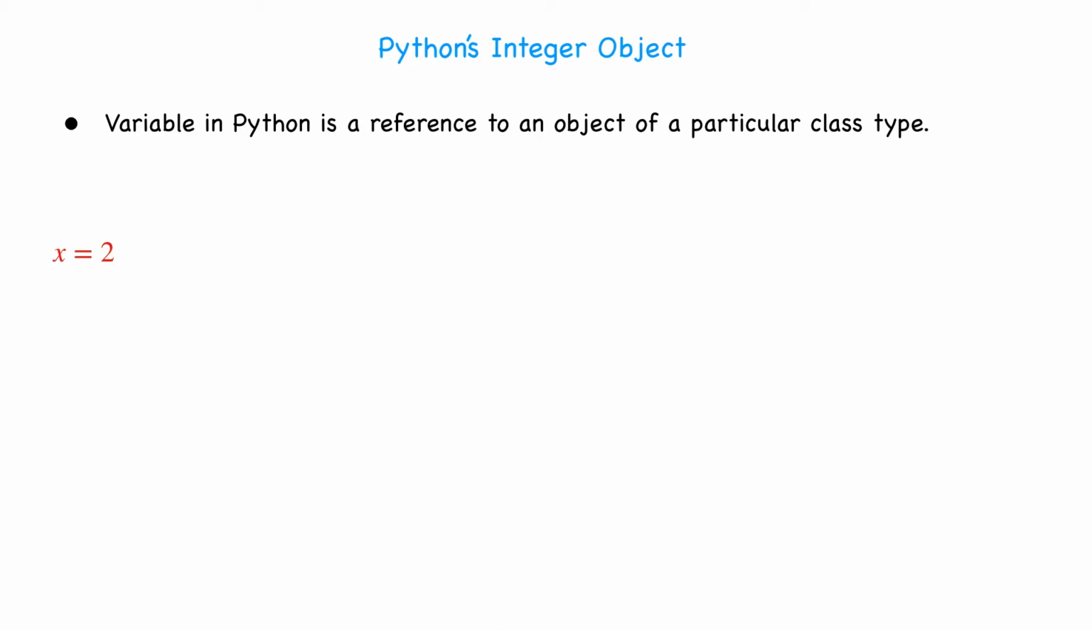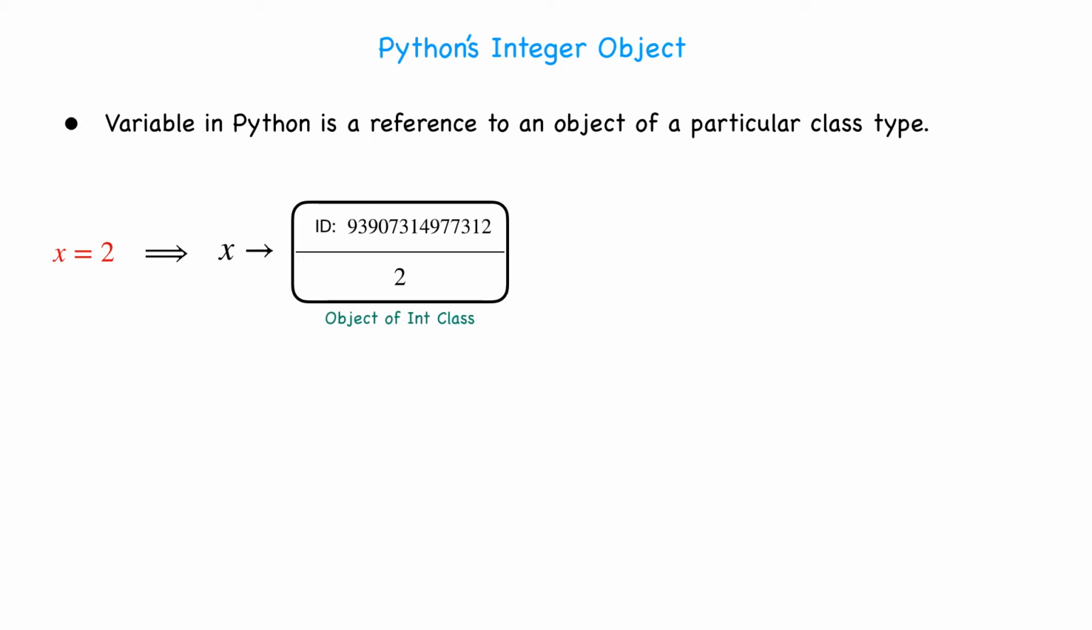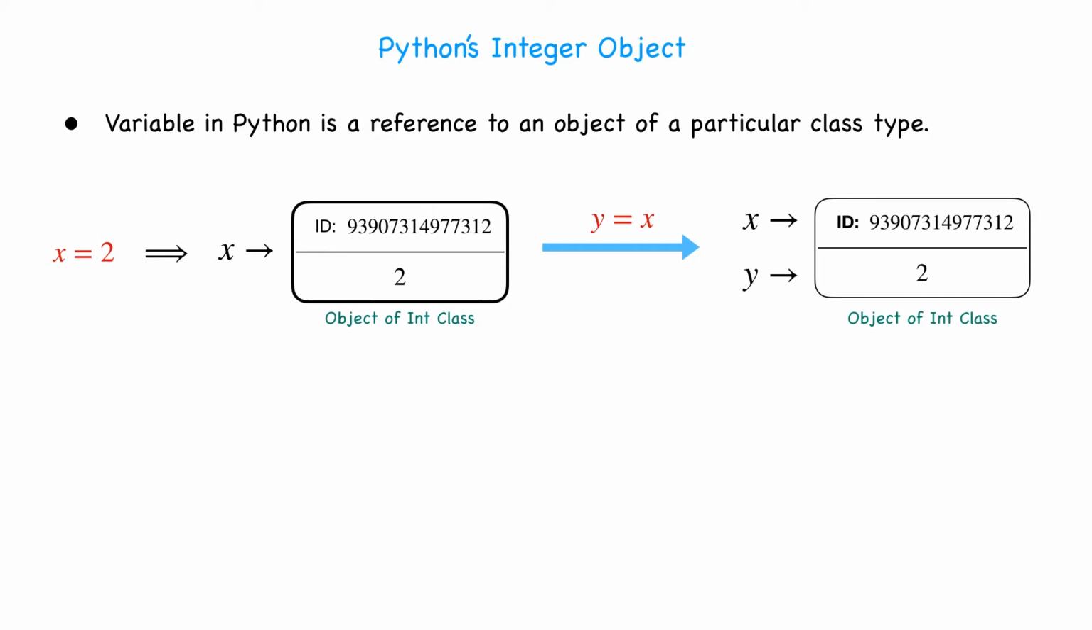operations. Let us take this example, x is equal to 2. So 2 is an integer, and x is a reference to an integer object which is holding the value 2. This integer object has an ID that can be seen here. Suppose now you are performing an assignment operation where you are assigning the value of x to y. What exactly happens is both x and y would be referencing the same integer object with the